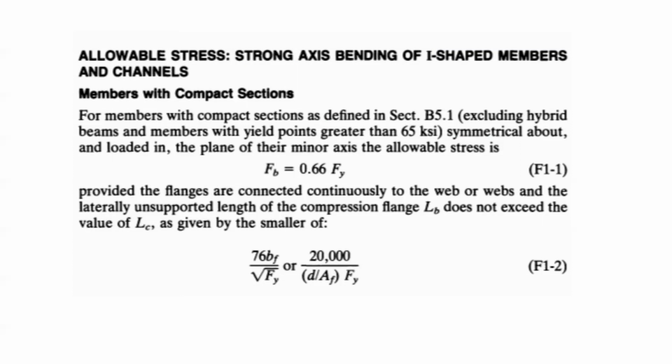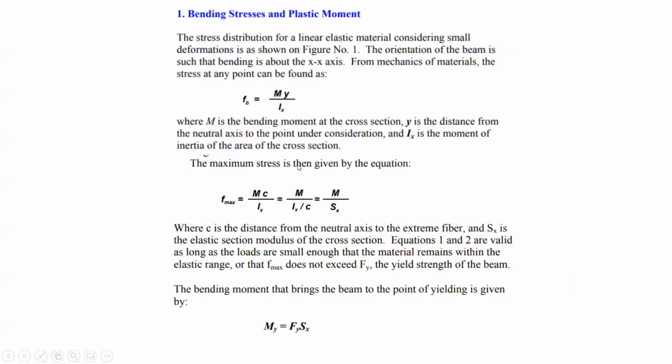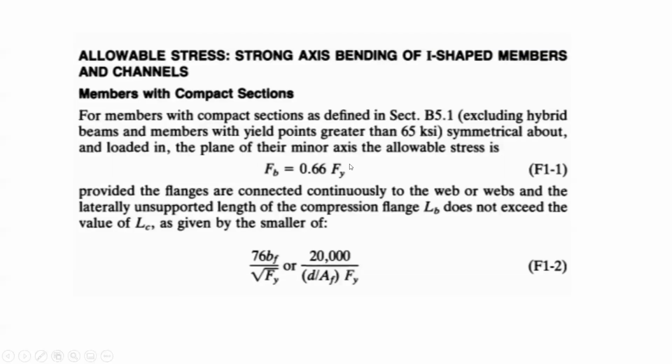FB is equal to 0.66 Fy. So, we compare what we get for FB here to this value. And then, provided that the flanges are connected continuously to the web or webs and the laterally unsupported length of the compression flange does not exceed the value of Lc as given by the smaller of, so you choose here the smaller value,